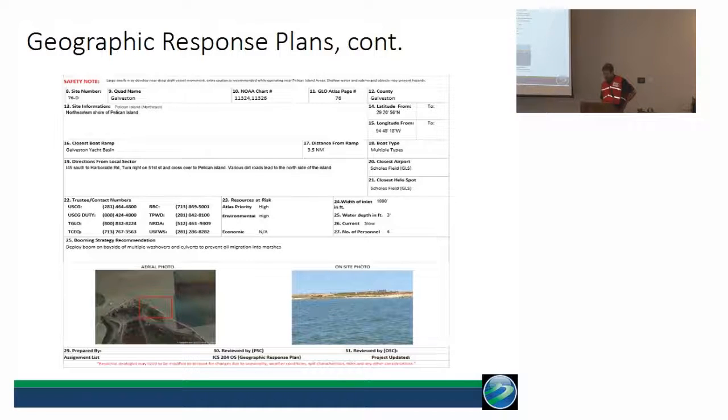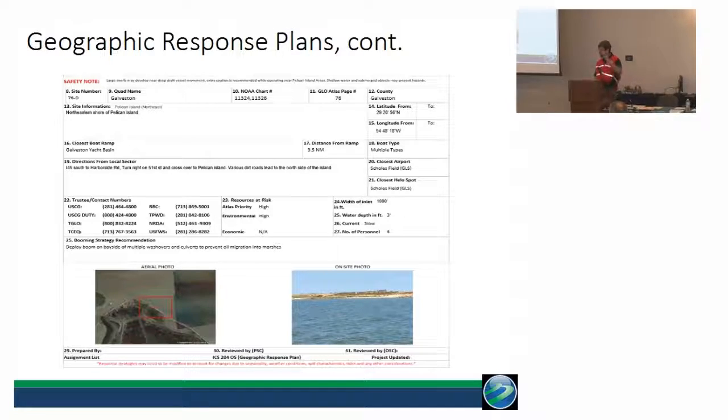The important thing to take away from the GRPs, though, is that it gives us our response priorities as far as protection areas. In Louisiana, they do A1, A2, A3, A4, B1, B2, B3, B4, C1, C2, C3,